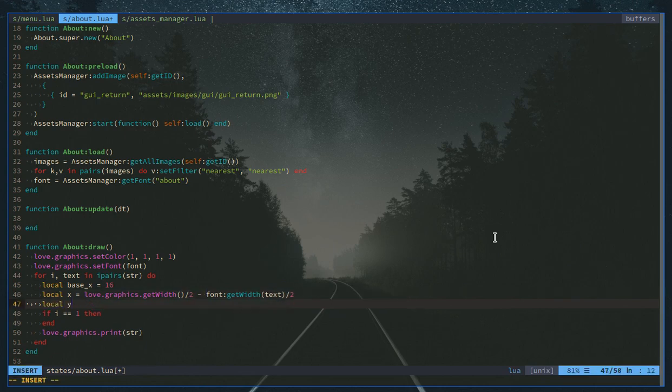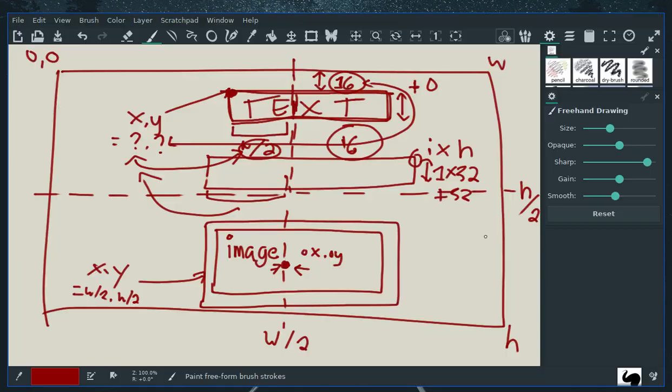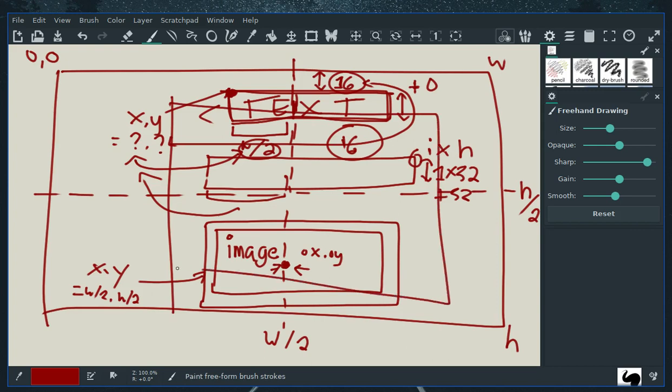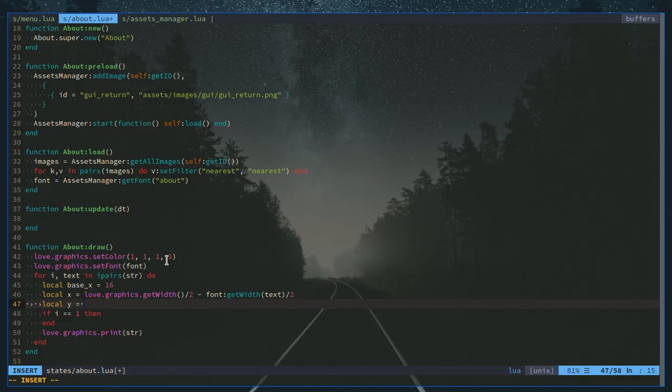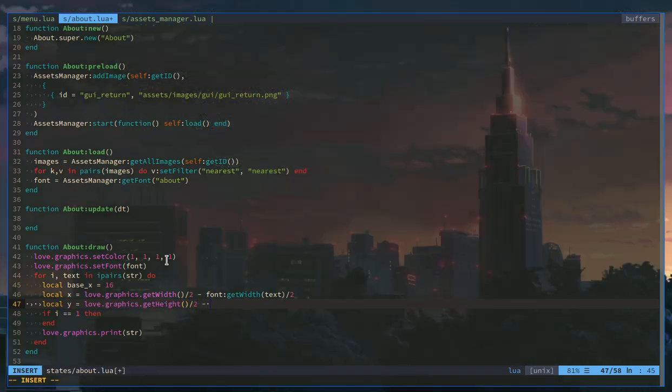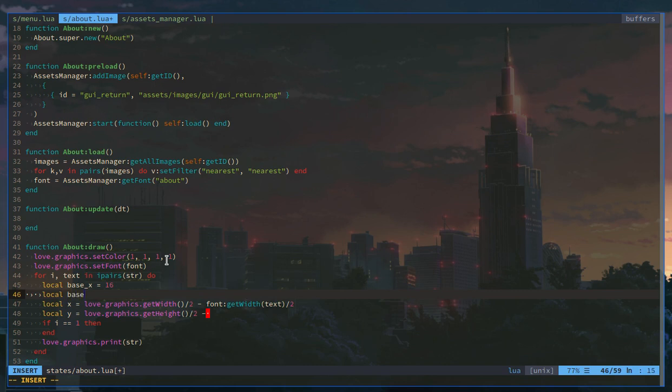And then the y will be, okay, so do we want all of this to be here? Yeah, we want love.graphics.getHeight over 2 minus, so this will be the base y. Okay, base y will be love.graphics.getHeight over 2 minus,